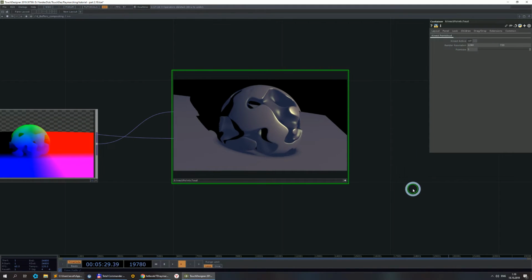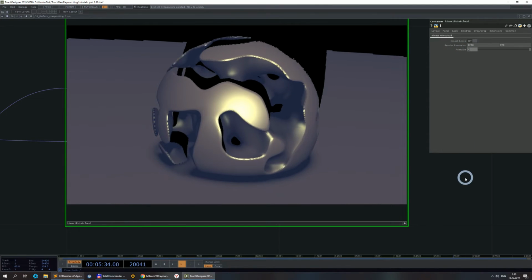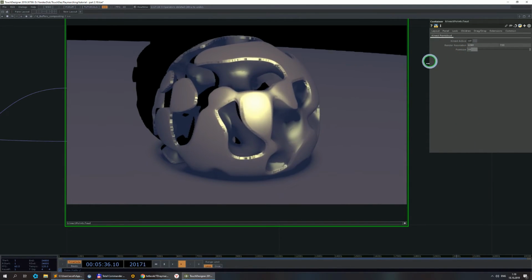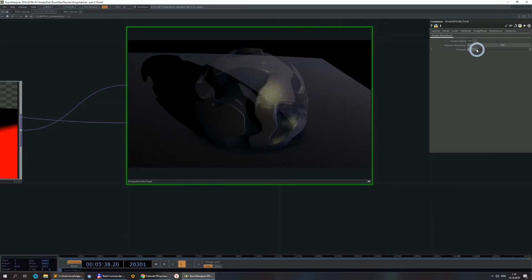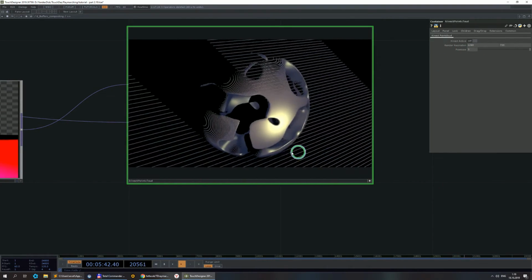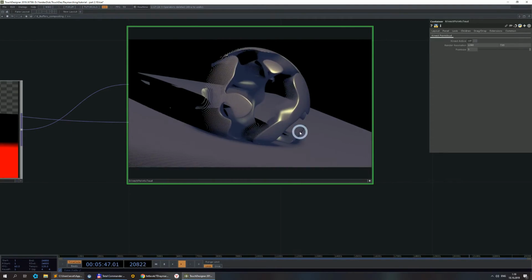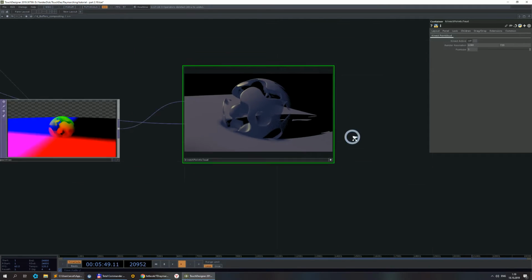You can, for example, increase the point size. Well, maybe it's not... Like 3 is a good one. Nice, nice, nice. And also, because this is a position,